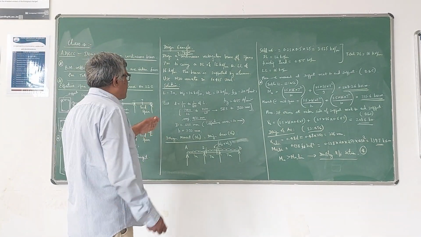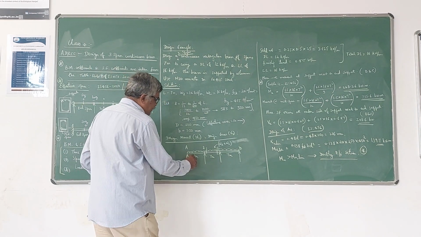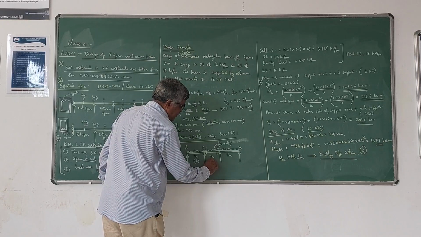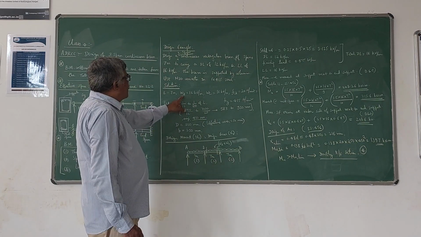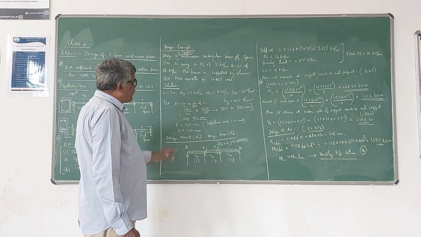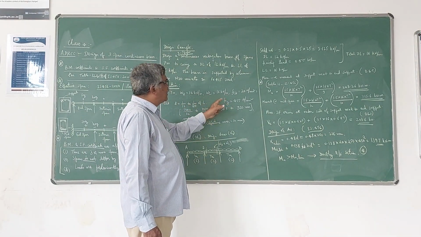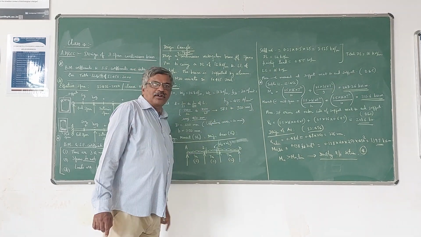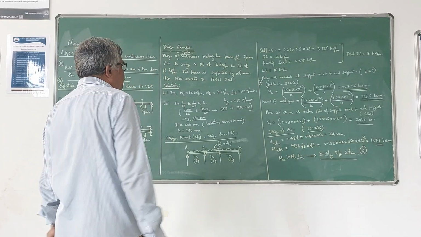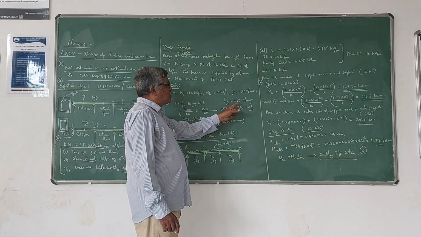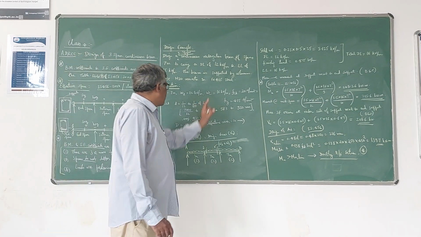Now the solution runs like this. He has given that each span of the beam is 7 meters. L is 7 meters. Dead load is 12 kN per meter, it is UDL. Live load is also 16 kN per meter, that is also UDL. And fck, grade of concrete M20, so fck is 20 Newton per mm square. fy is Fe415, that is 415 Newton per mm square. Yield stress of steel and characteristic strength of concrete.